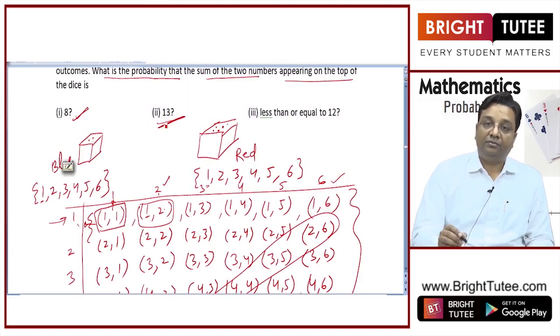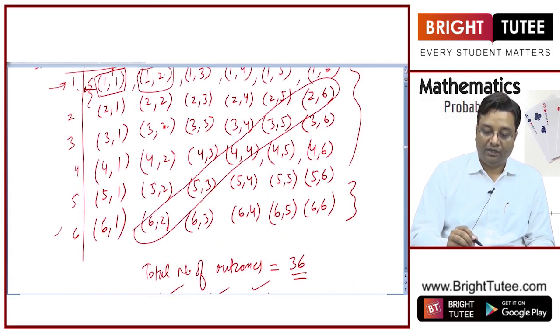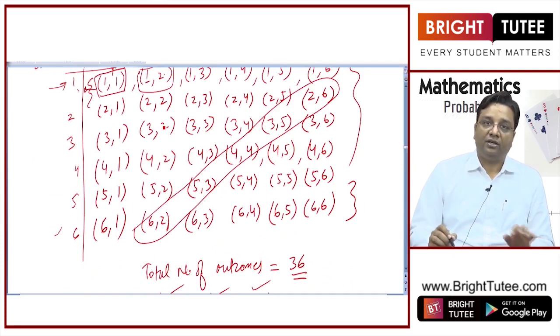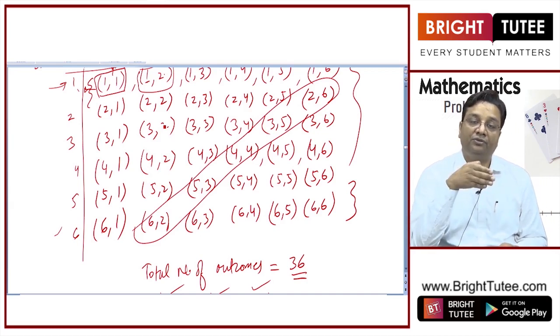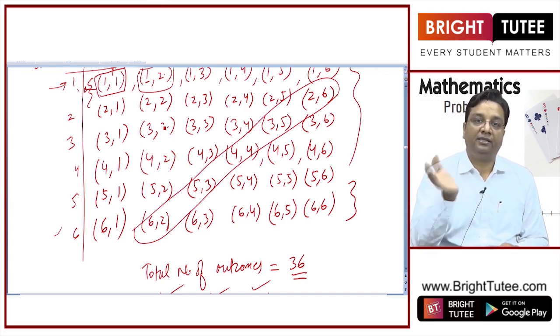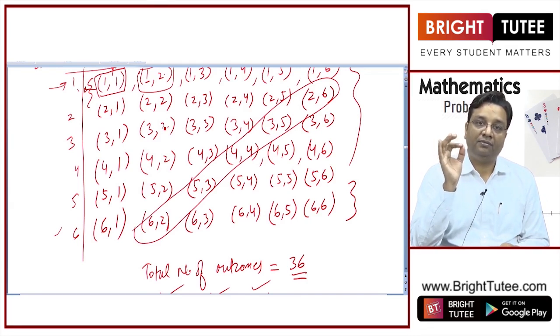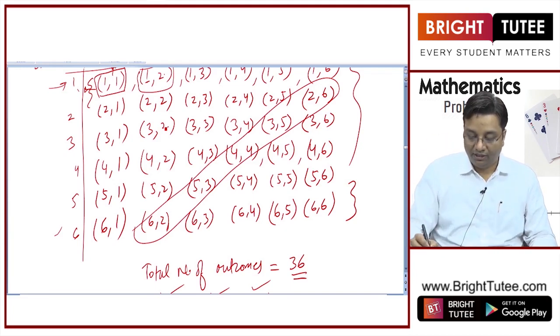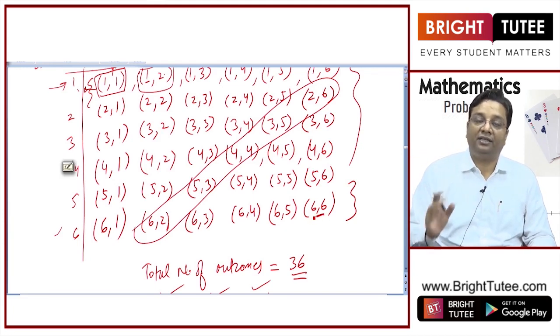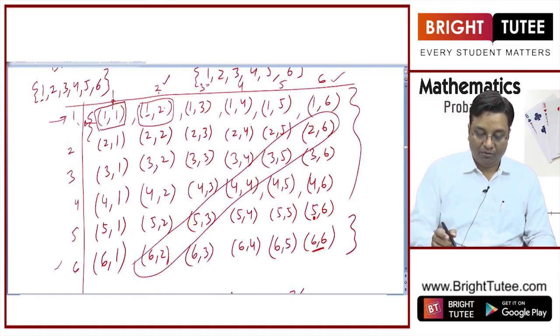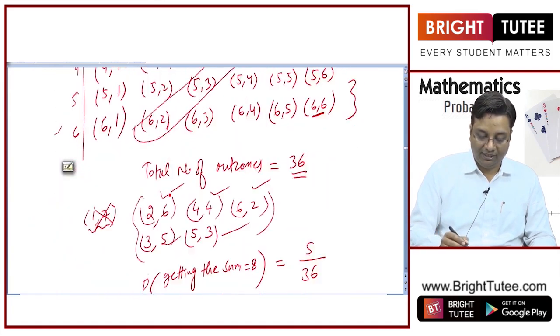Probability of getting the sum equal to 13. Look at these cases here. Even if you get the maximum number on both the dice, let us say you get 6 on the first die and 6 on the second die. So, what will be the sum? It will be equal to 12, right. We cannot go beyond 12, right. So, what is the maximum sum that we can get? It is 12. So, probability of getting a sum of 13,